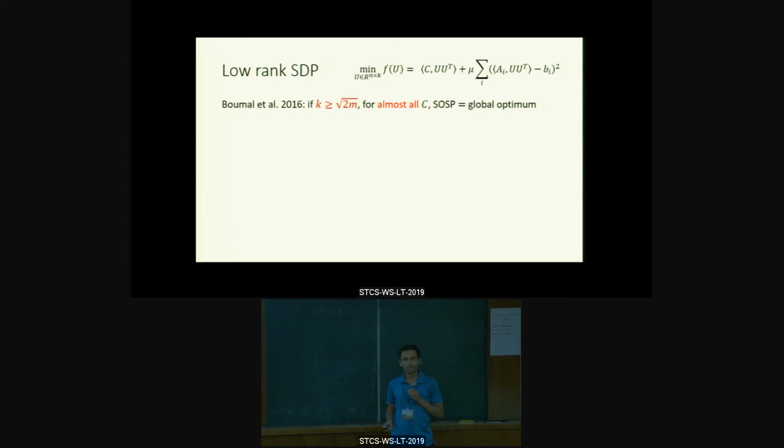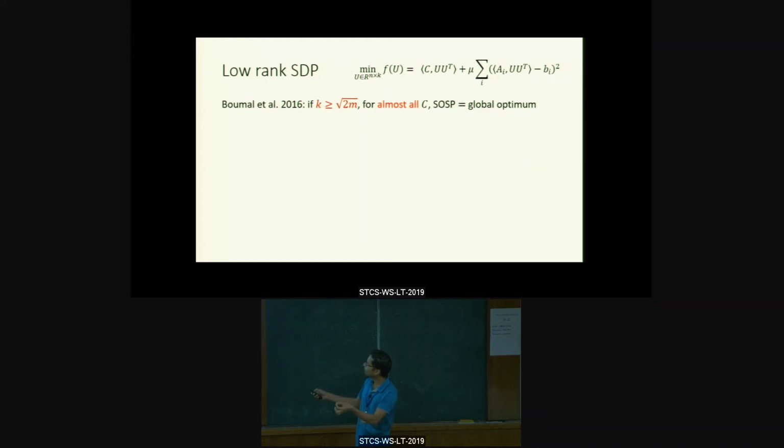More concretely, what this means is that let's say we fix A_i and b_i. And then for every C, we will ask whether there exists a spurious second order stationary point, meaning is there a second order stationary point which is not a global optimum? And if there is, then we call that C a bad C. And if we consider the set of all the bad C's, what this paper shows is that it has Lebesgue measure 0. So if we pick a C at random,